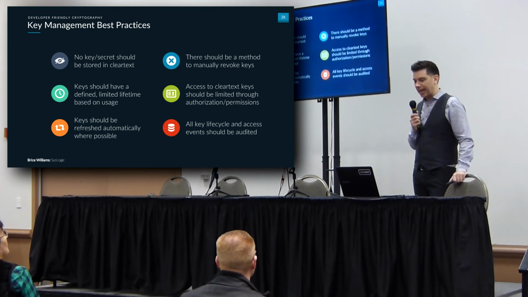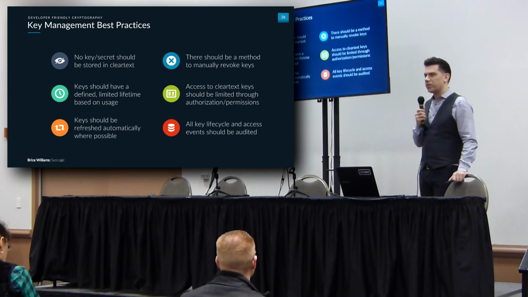And that all key lifecycle and access events should be audited. So ideally, anytime there's access to a key, you pull it out of a vault, for example, there's a log event that occurs, noting this particular application or this particular user. You see this a lot with